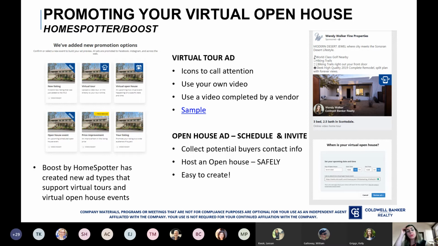Okay, so I mentioned Boost and HomeSpotter. They do have different types of listing ads and virtual open house ads, as well as agent promotion ads. But right now, it's a really great opportunity to create some virtual open house ads to let people know about your upcoming virtual open house tour. So, if you want more information about that, you can either reach out to me, Lisa or William, or check that out through Desk. I won't go into those details right now since we are running short on time,